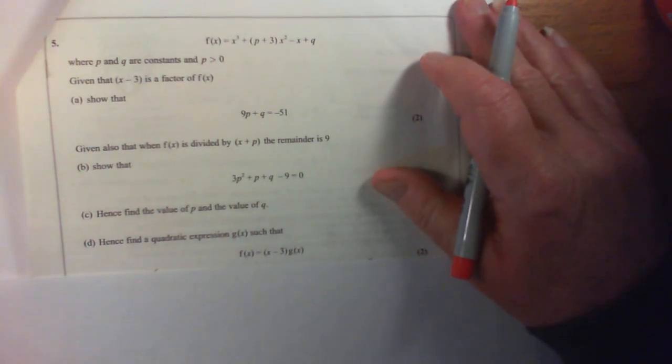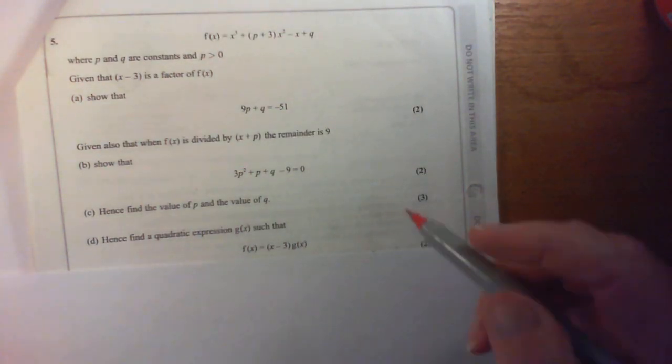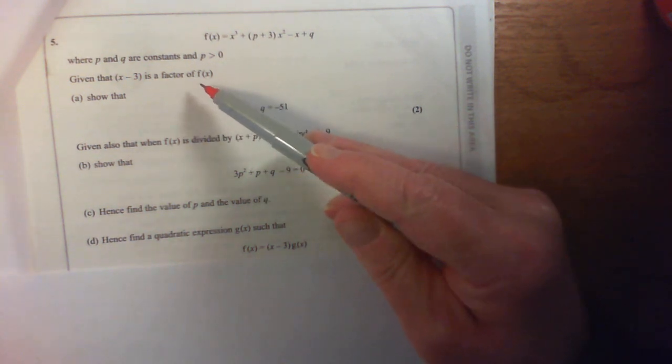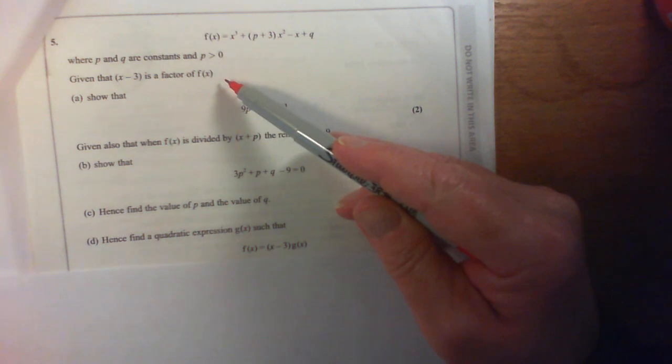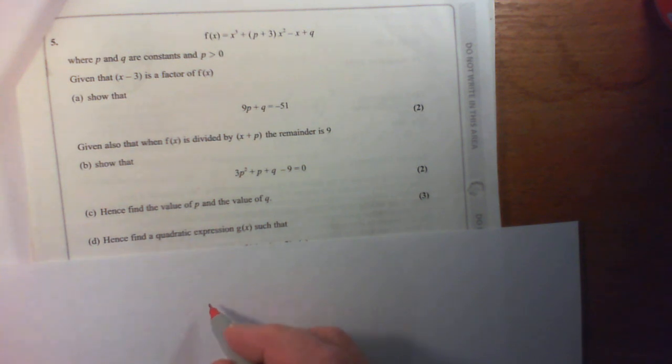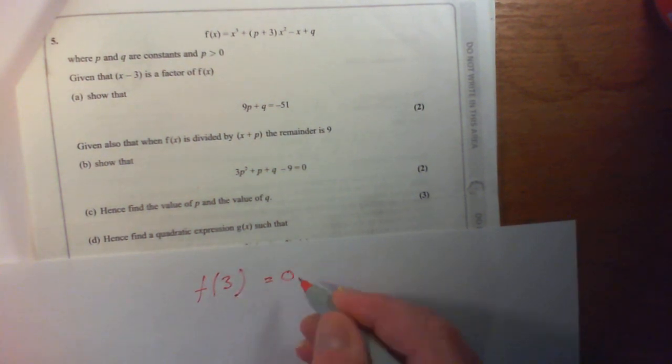Right, what I need to stress on this is that you need to show the examiner that you know what you're doing here. Some people, when it says given that x minus 3 is a factor of f of x, show that this. Well, some people will steam in and say, okay, well, actually, if you do that, that's probably not too bad. But some people will steam in and say, okay, 3 to the power 3 plus p plus 3